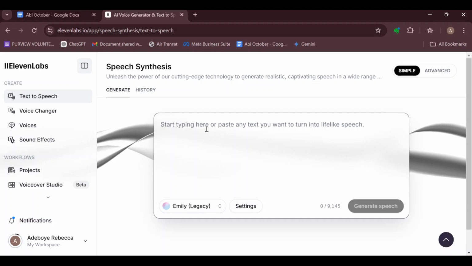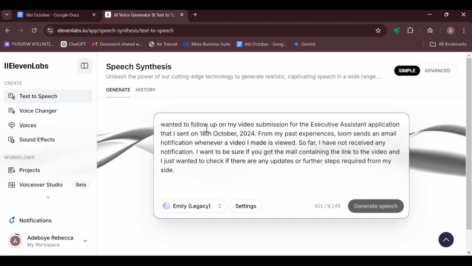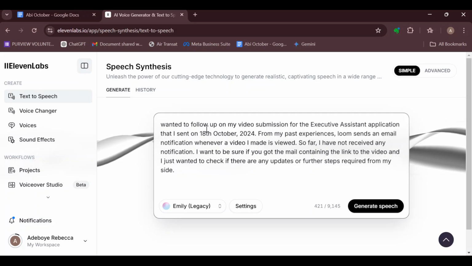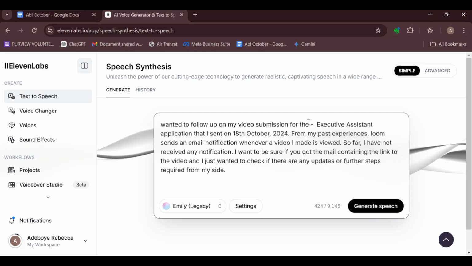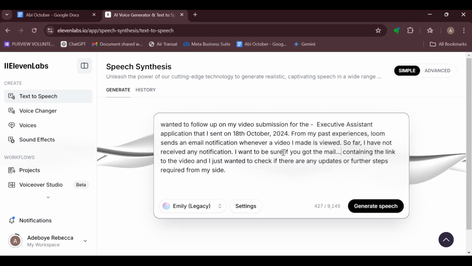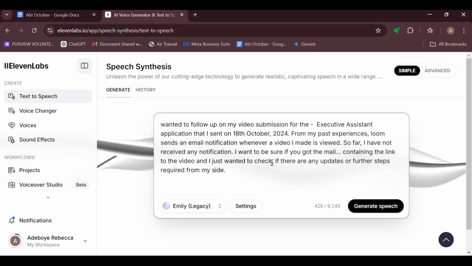So to do that, while writing your text, ensure that you input as many commas as you want pauses in the speech. All right, you can either decide to include commas, or you can decide to include hyphens, or you can decide to make use of ellipses wherever you want a pause. So just go ahead, add all or any of these punctuation marks,